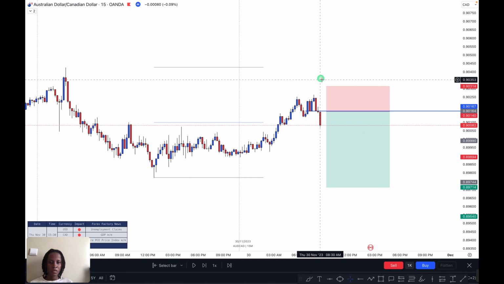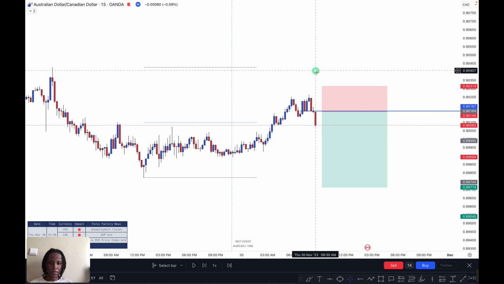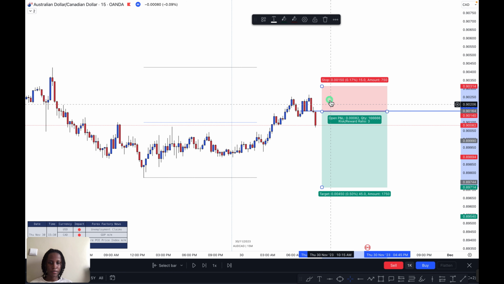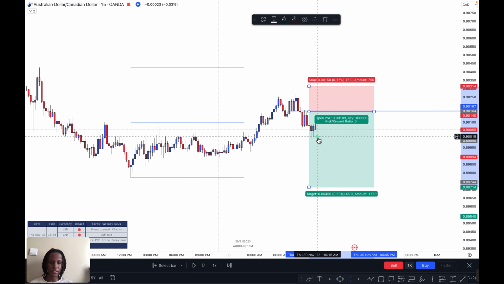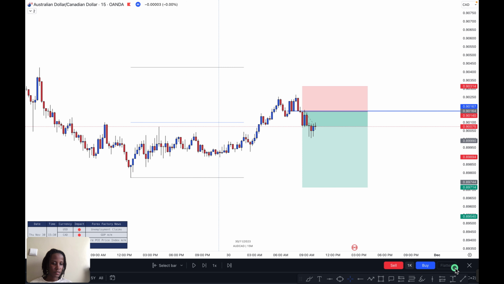See? So you can see it closed down here. What you're going to wait for is a retracement back to the neckline. You'll be setting your trade here to down here. You'll see H1 also supported the trade. You can see here it went to the entry, and what you do is